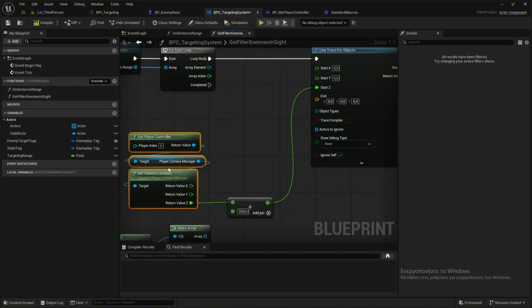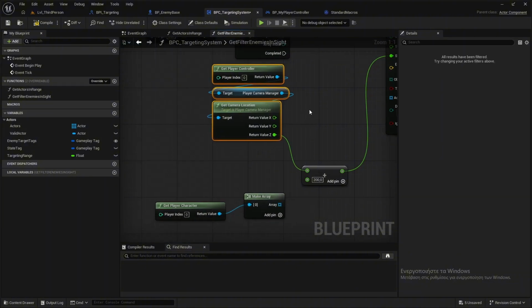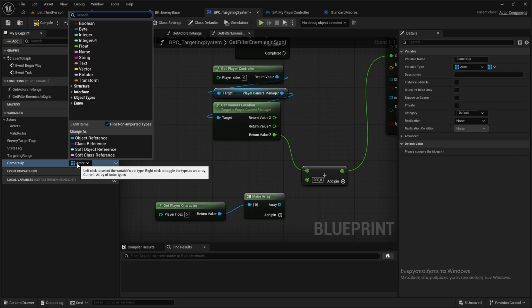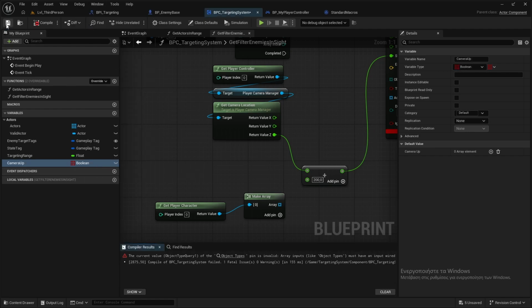This is what I'm doing, or actually you could have a variable that says camera up, and this will be a boolean,